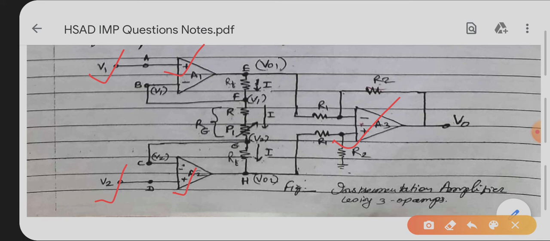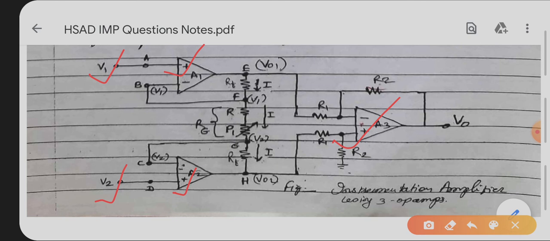It is the amplifier using 3 op amps used to amplify the outputs of sensors and transducers so as to drive the display unit and so as to measure the different physical parameters like temperature, flow, pressure, etc., in industrial applications.